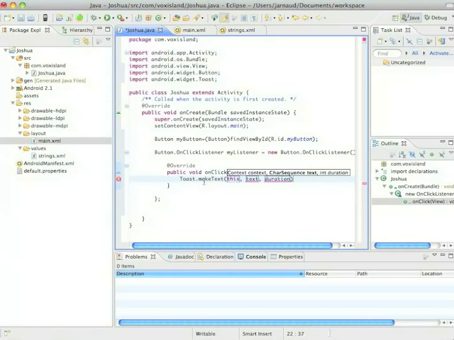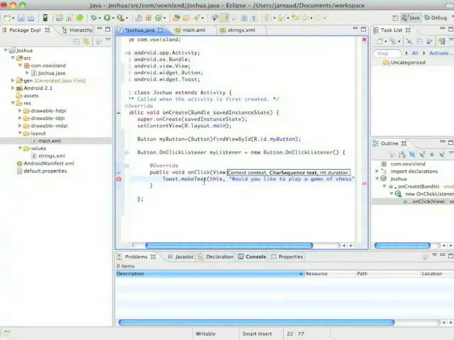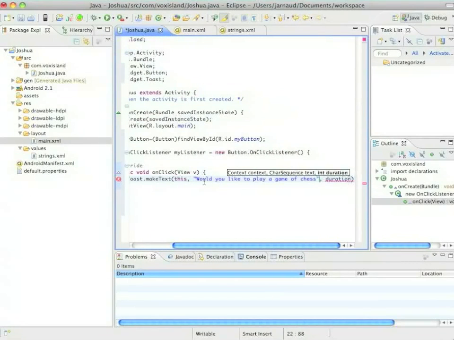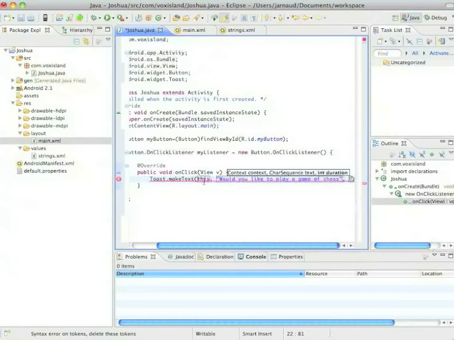So Toast is an object. Toast dot, and I will ask this class to create a toast message. So makeText. And I need to provide 3 parameters here: context, text, and duration. For the context, usually you use this, but you'll see there's a problem with that. For the text, I will use,